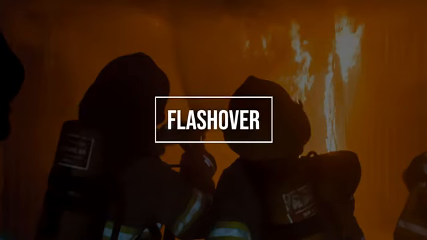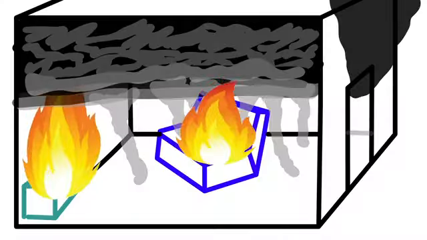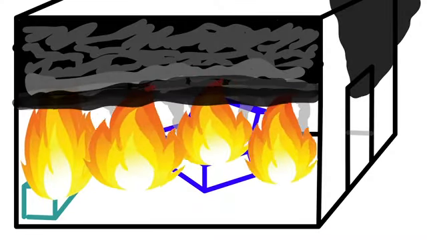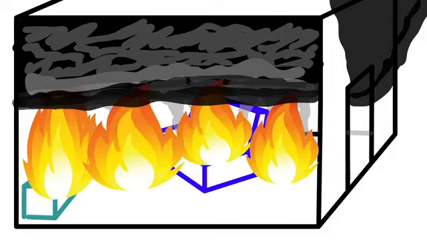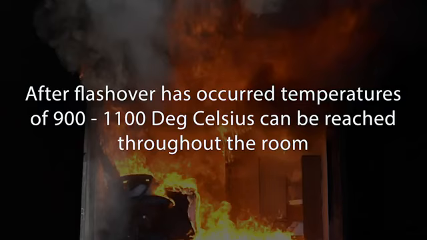It's that transition from a fire within a room, which is feeding that convection current, to a room that is entirely on fire. And that's where we see our heat release rate increase rapidly to a very large extent. And in fact, after flashover has occurred, temperatures of 900 to 1100 degrees Celsius can be reached throughout the room. Now after flashover has occurred, there is a lot more heat being generated from the fire because there's simply a lot more fire being created because we've got an entire room that's on fire rather than just a small section of that room. Now the result of which is all of these fire gases and all of this heat have to go somewhere, and so they're going to be heading out of whatever openings they can find, and generally that's going to be a door or a window.